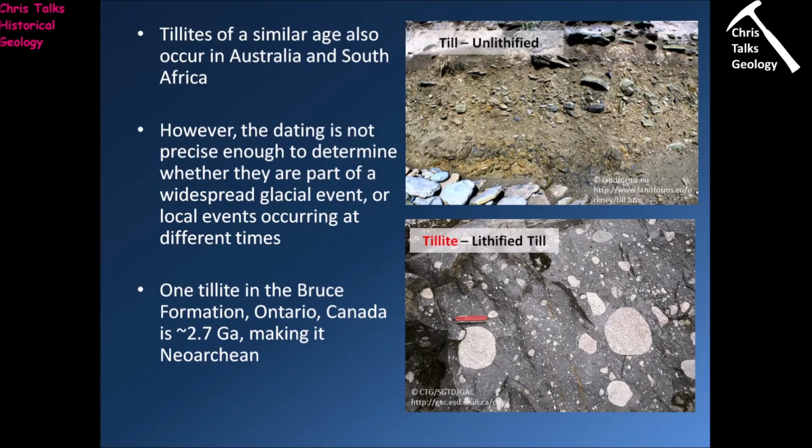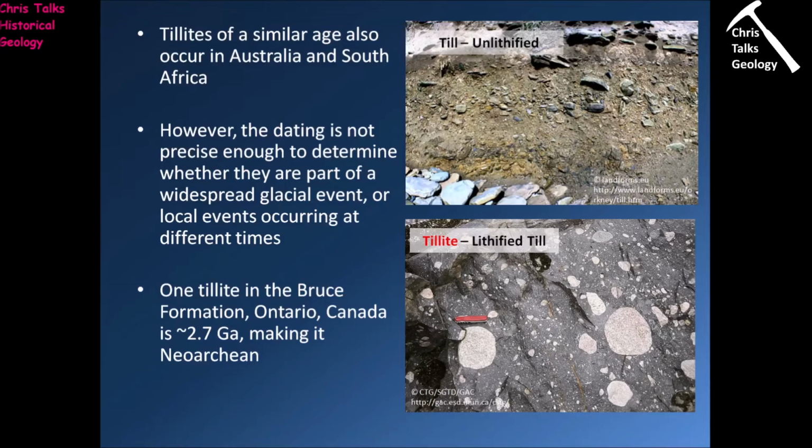We also see tillites of a similar age occurring in Australia and South Africa. However, the dating is not precise enough to determine whether they're part of a widespread glacial event or just localized occurrences, because one of the problems we have with tillites especially is they are very difficult to date accurately. That's made even more complicated by the fact that these are Precambrian tillites, and therefore we don't have layers of rock above or below them that could contain fossils